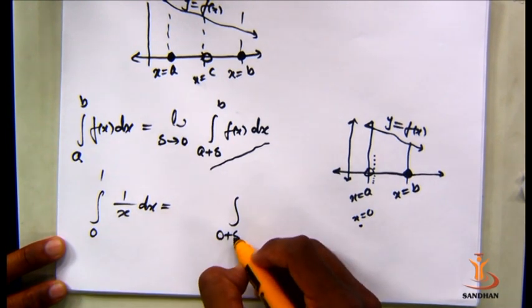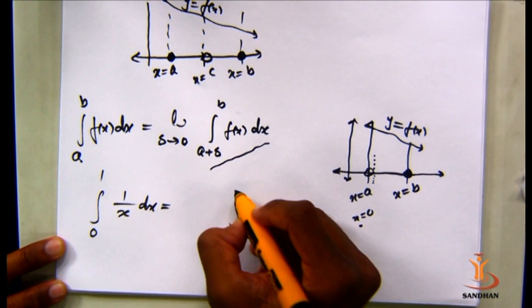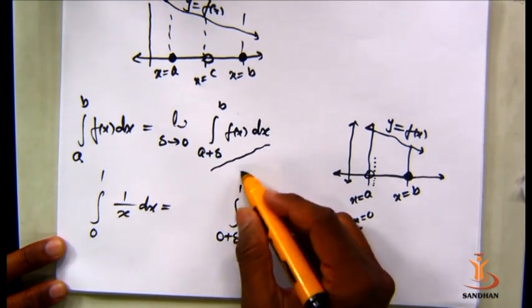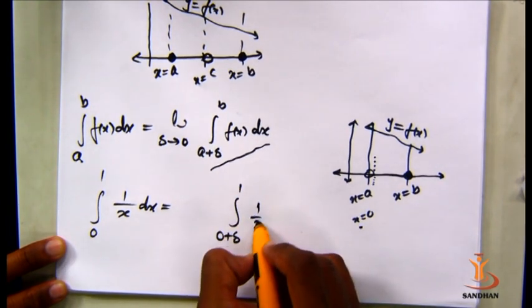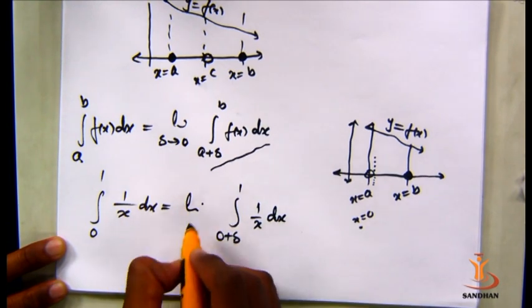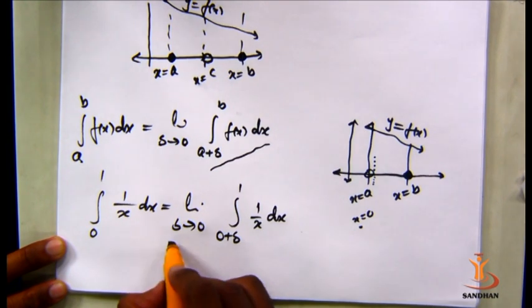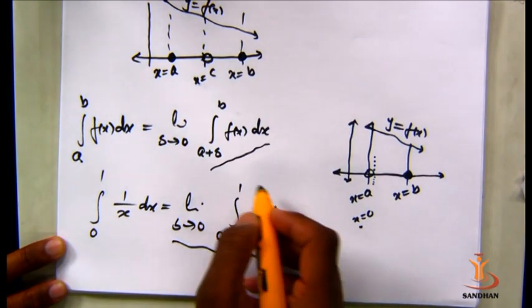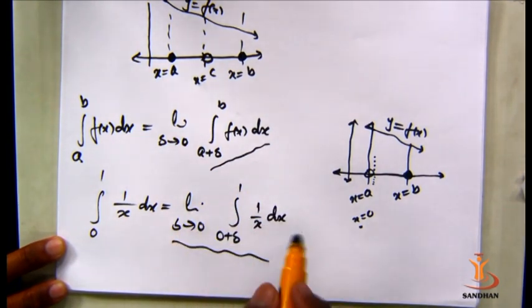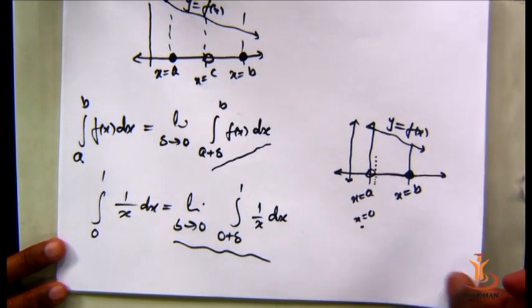But 0 plus delta, that is, 0 plus some number to 1, does mean this limit is now a proper limit, integral of 1 upon x dx, where delta tends to 0. It does mean now this integral is a proper integral. We can evaluate this integral. Similarly, for the second one,